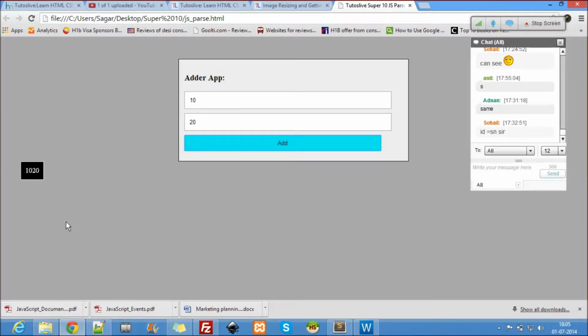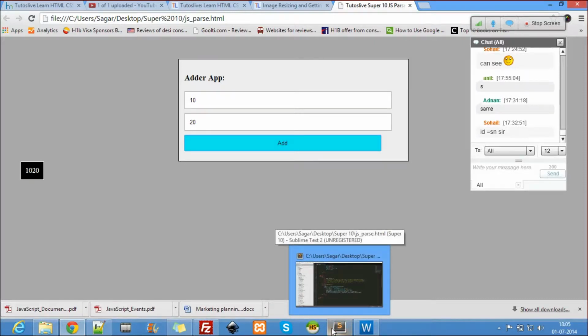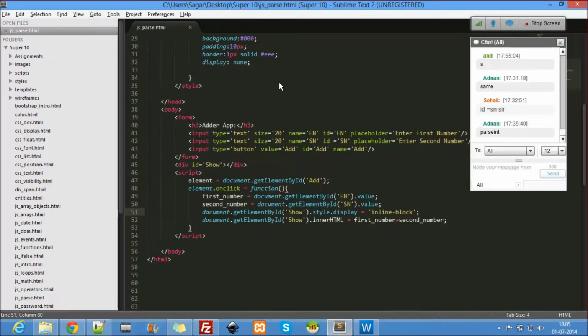It's a wrong answer, right? What is really happening is, whenever it's taking the value, it's considering them as strings and concatenating them. So this is where we need the string to be converted into a number. Exactly, that is where my function parseInt comes into the picture.